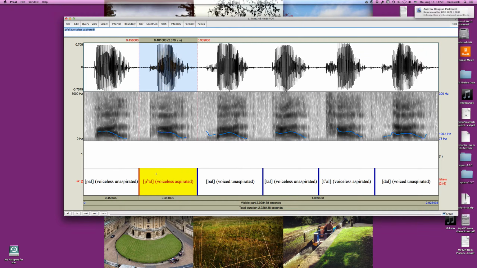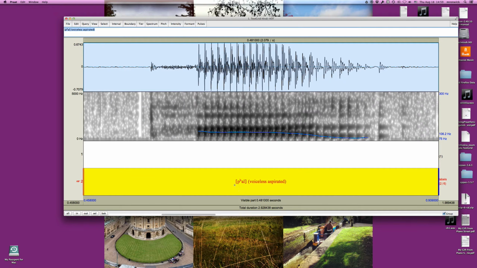So what we want to do is first of all select one of them, and this is pal. This is a syllable that starts with a voiceless aspirated stop, and we want to calculate or mark the voice onset time of this consonant. And you remember voice onset time is the time from the end of the closure or the beginning of the release until the onset of modal voicing in the vowel. So we want to put labels that correspond to this interval, and then we want to measure how long the